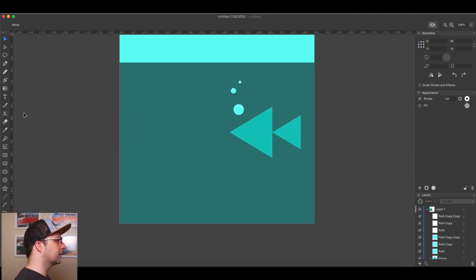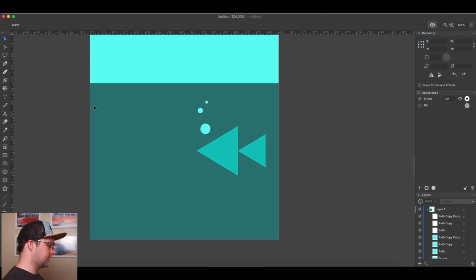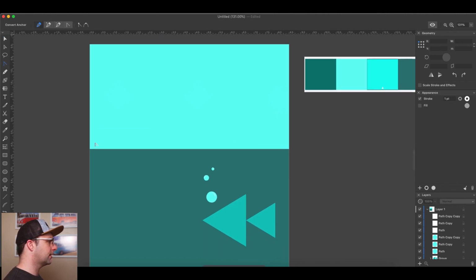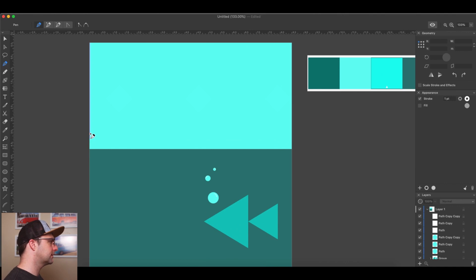Okay, I think we're going for abstract, so we've got this fish that is just made out of triangles. So as we abstract things, we're trying to get them down to not just their basic shapes, but like the basicest of the basic shapes, I think, right? We're just trying to abstract them down. So let's go ahead and see what we can do to maybe give this kind of a wave feel at the top. And this will be our chance to merge this, I think. So taking our pen tool,